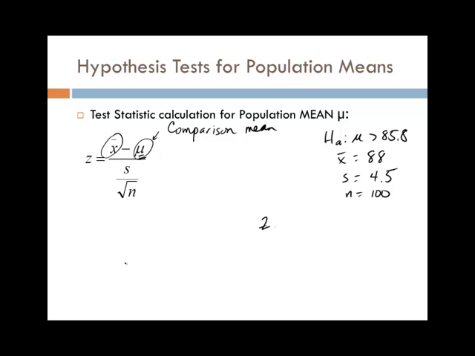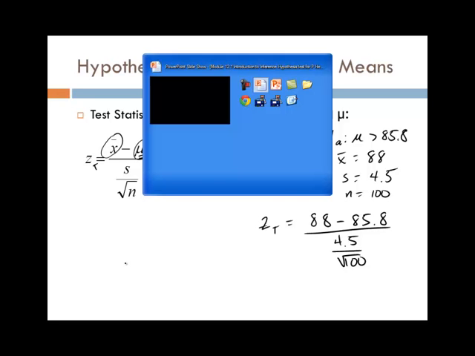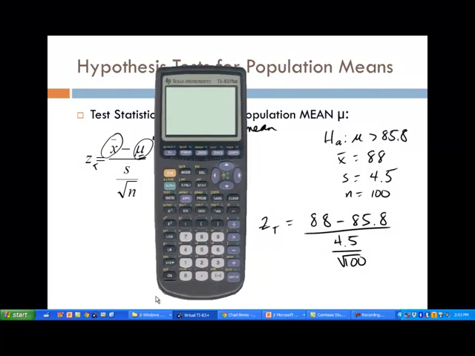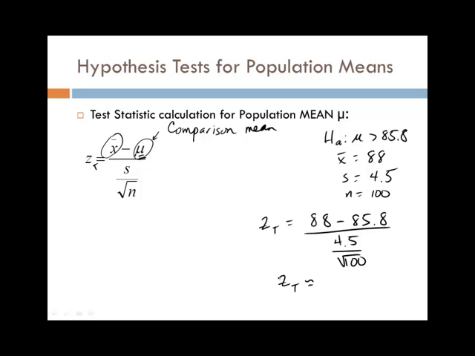then the test statistic, and you can call this z sub t if you want to remind yourself that it's a test statistic, is calculated by taking x bar minus mu over s over the square root of n, like that. So in my calculator, I could do, actually let me do parentheses, 88 minus 85.8 divided by standard deviation over square root of 100. Close that paren, then close that paren. So 4.89 approximately. So the test statistic here would be 4.89,